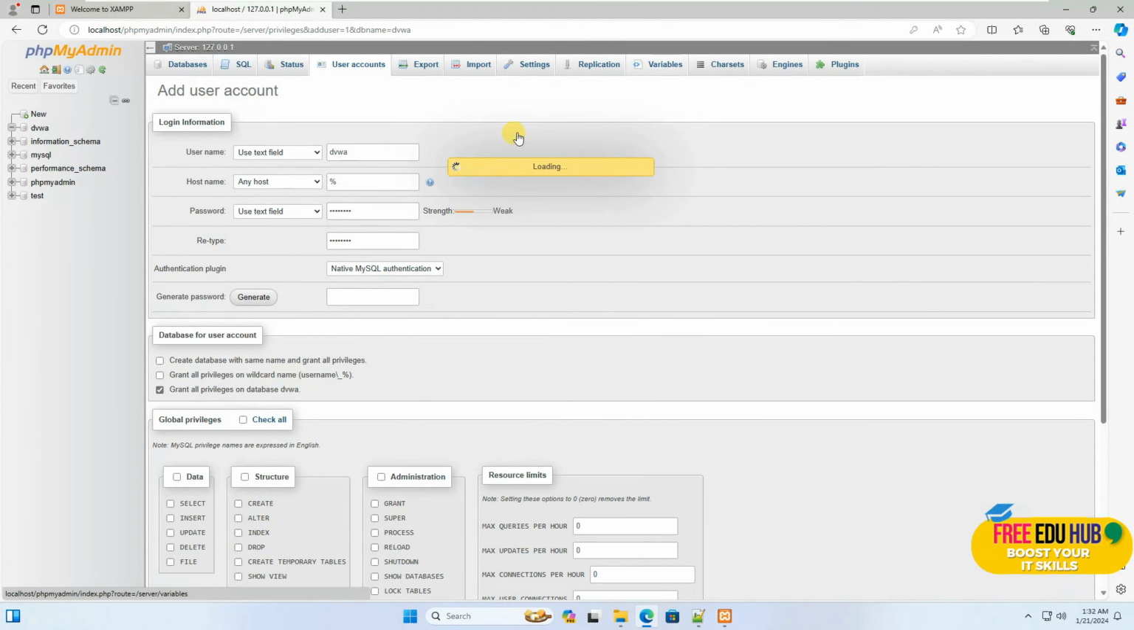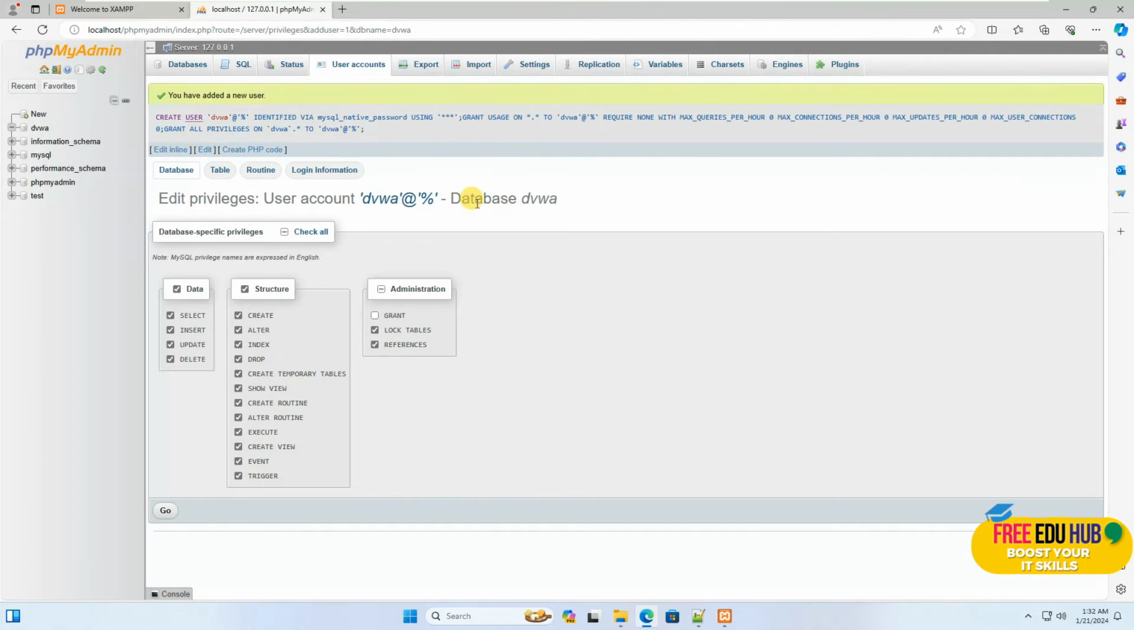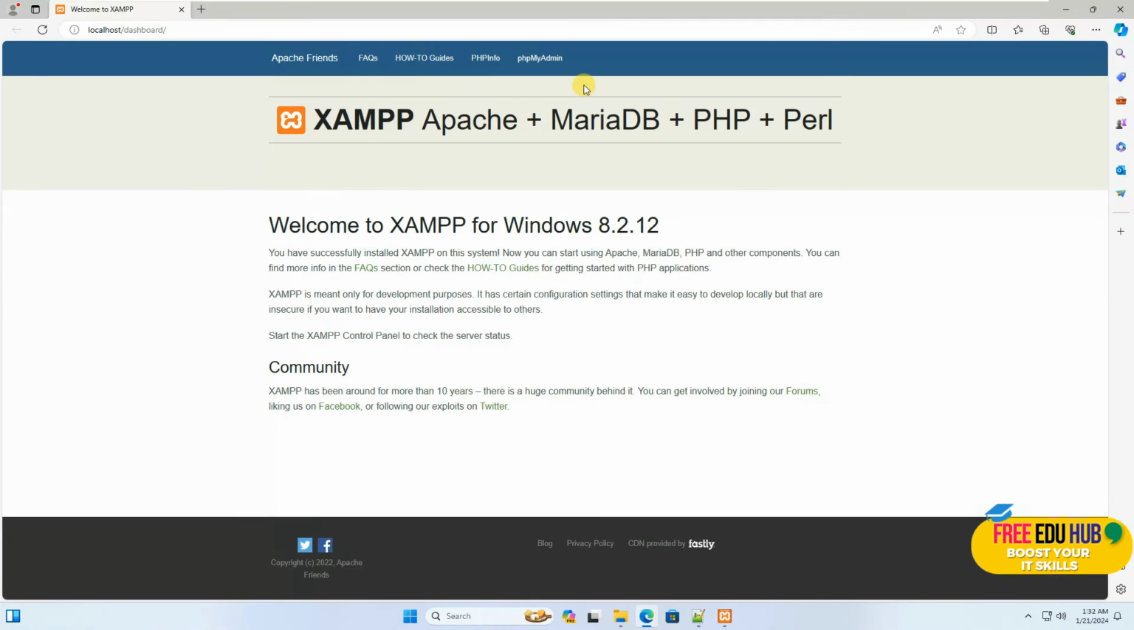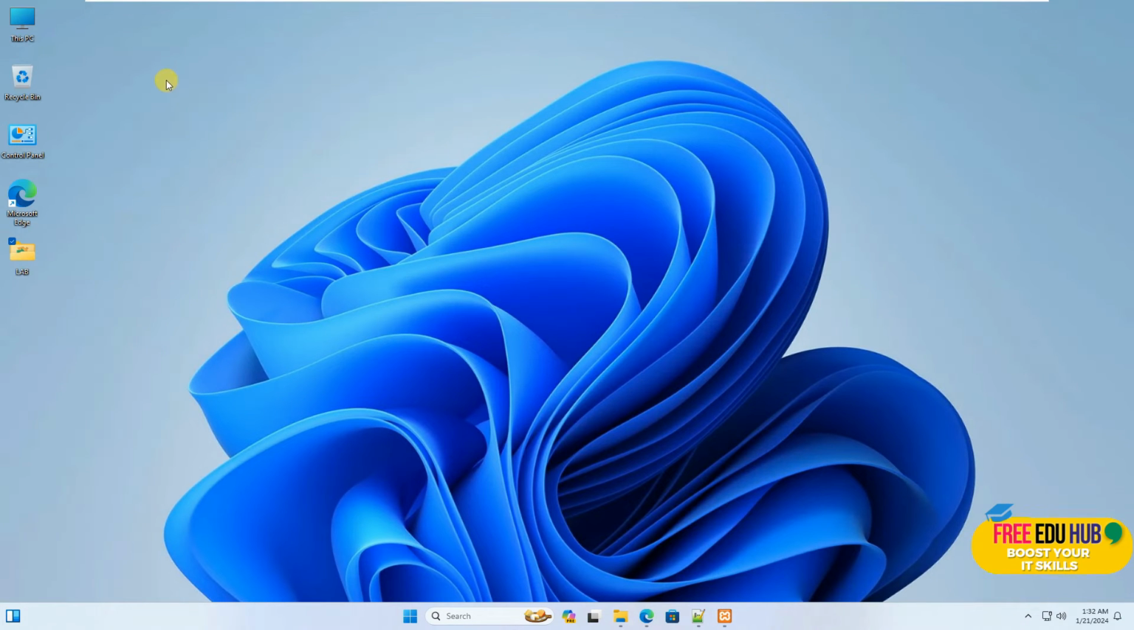Now it would just give this account complete privileges on DVWA. So that was the configuration which was required on phpMyAdmin. The other thing is that now we'll have to copy the files of DVWA to our XAMPP so that